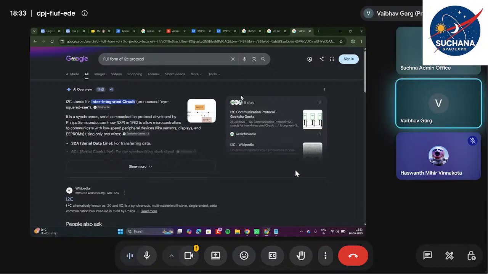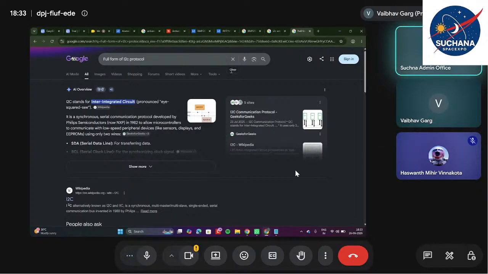No. So okay, this is called the I square C address. Every sensor will have an I square C address, the inter-integrated circuit address. Moreover, every sensor will have a different I square C address. Every sensor will have a unique address. So with the help of this address, the Arduino is able to differentiate whether the data, it already knows this address belongs to this sensor, this address belongs to that sensor. So with the help of those addresses, it is able to determine whether the data is coming from sensor A